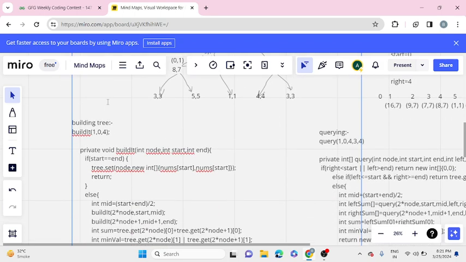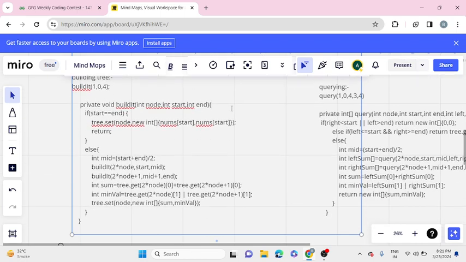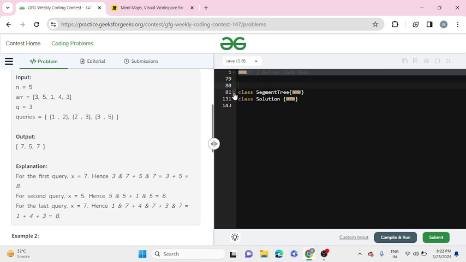And our node value will be at 1. So our node value is 1, considering that our root node will be at position number 1 in the array. Okay, so this builds our tree. It takes three parameters: node, start and end. So if start equal to end, then it sets the